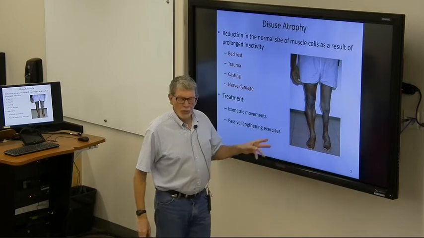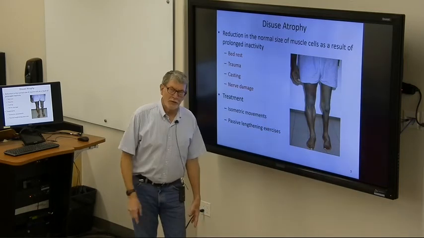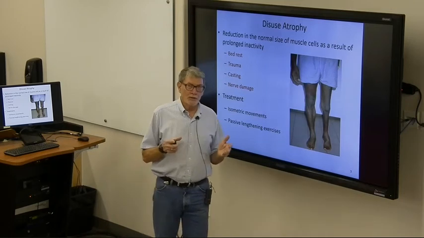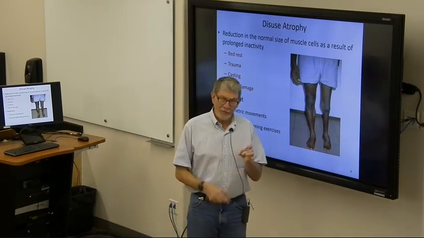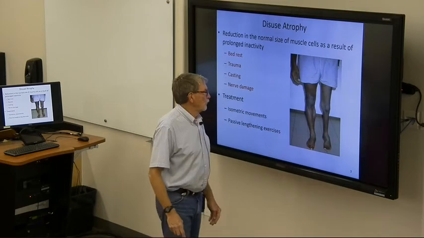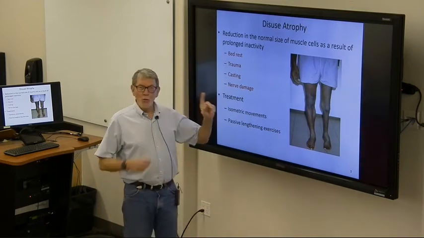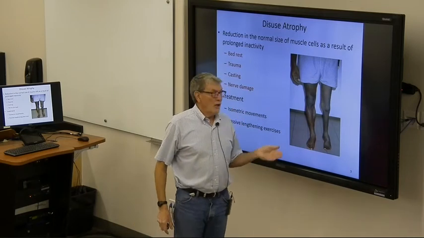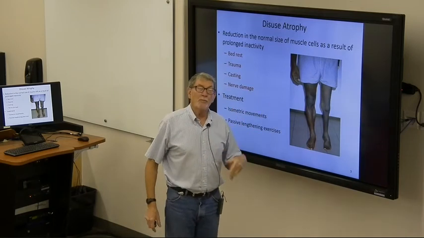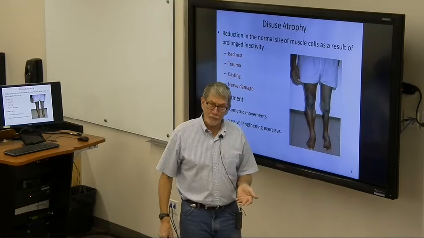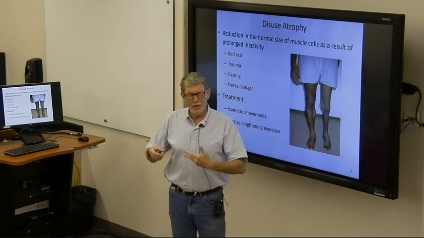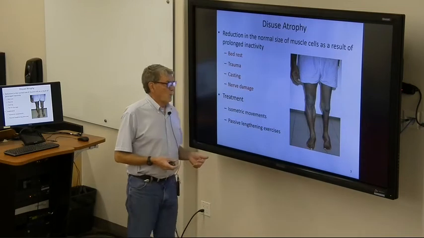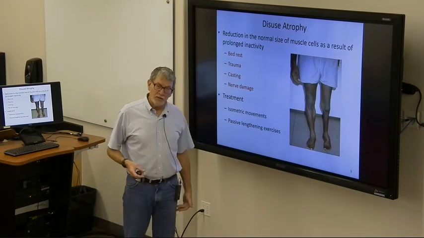But even worse is if it's stabilized, like inside a cast where it can't move. Anybody that's had a broken leg and finally the cast comes off and they have this bird leg. Or if you don't get stimulation at all because you have nerve damage. It can be a disease, something like muscular dystrophy that doesn't allow the signals to go to the muscles, or paralysis from an accident.